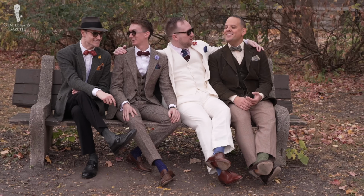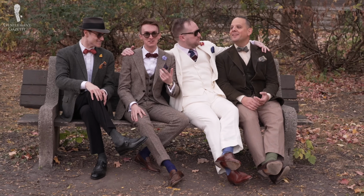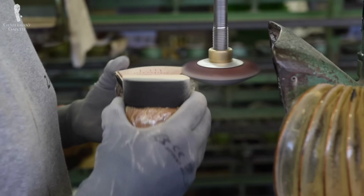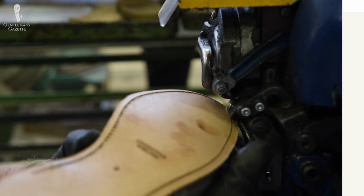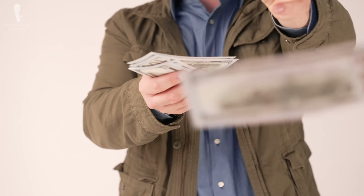So these rankings come from the combined experience of the members here at Gentleman's Gazette. So yes, everything is subjective, but it's backed by years of experience in the field. We rank the shoes based on overall style, quality, workmanship, and price. Some brands have distinct product lines, some are more expensive than others, but for a ranking, we look at the